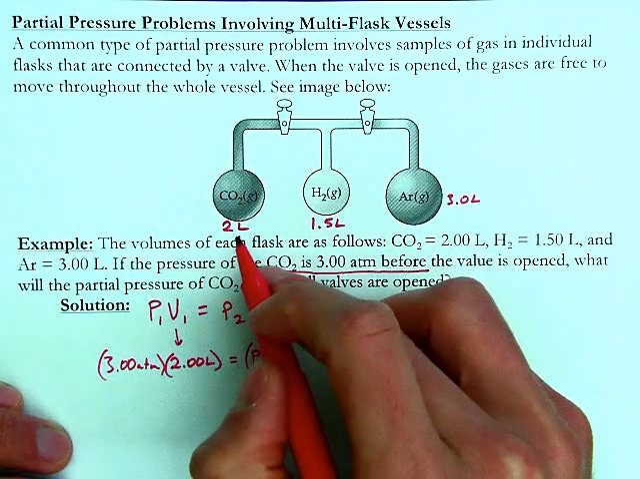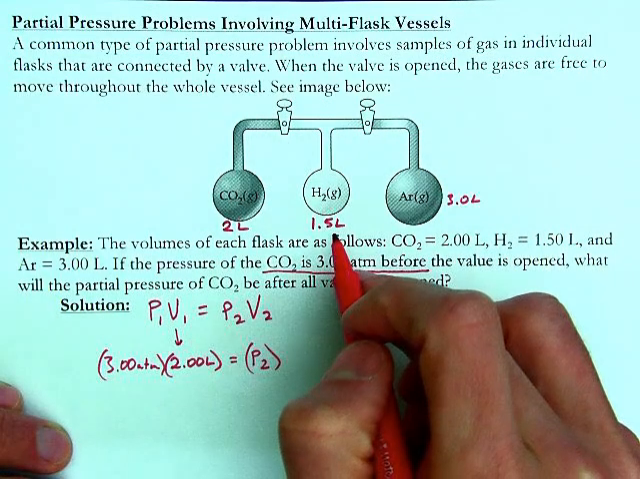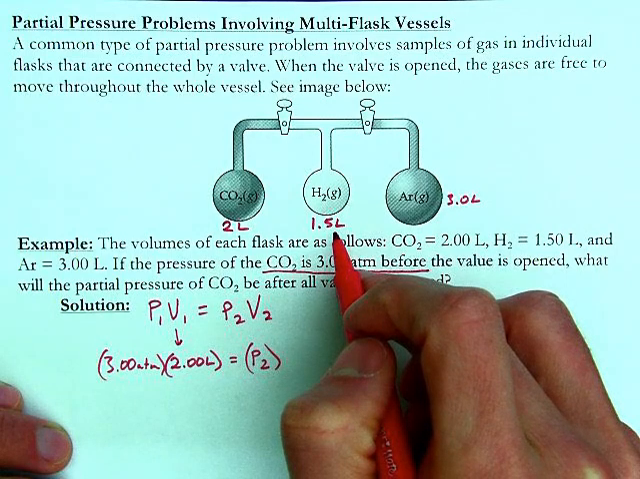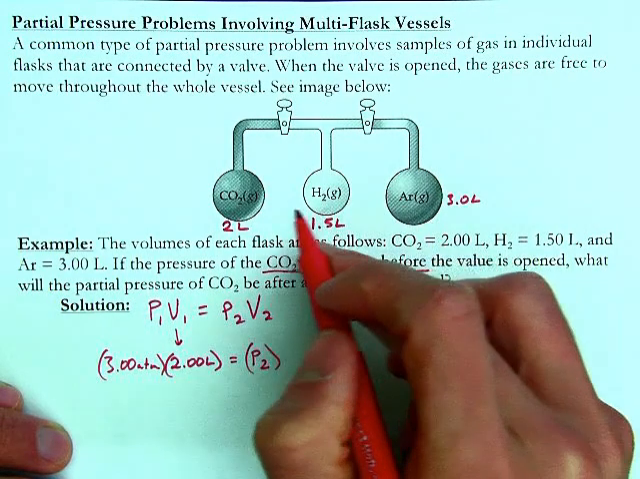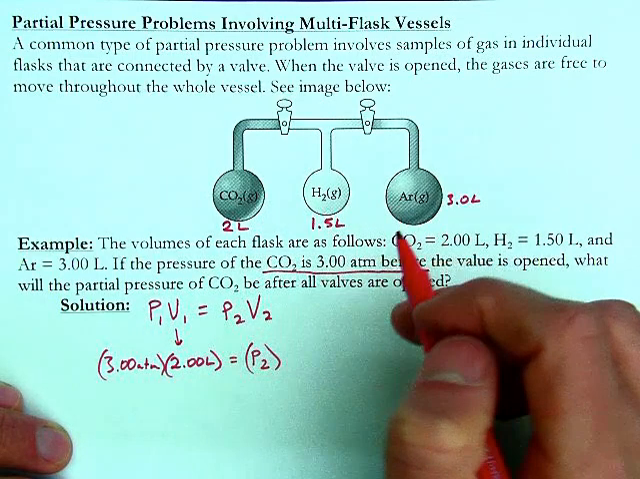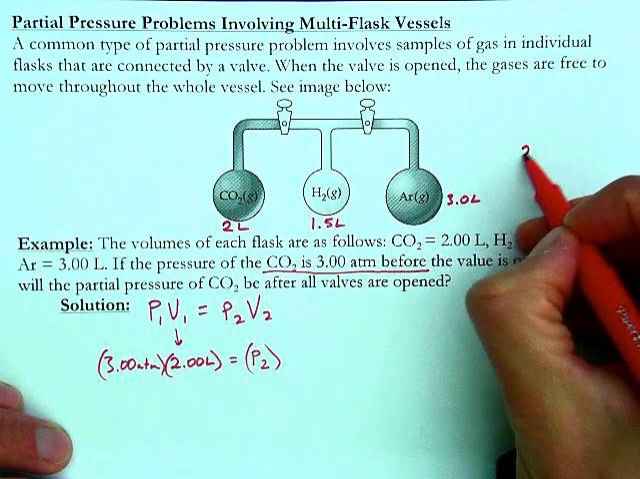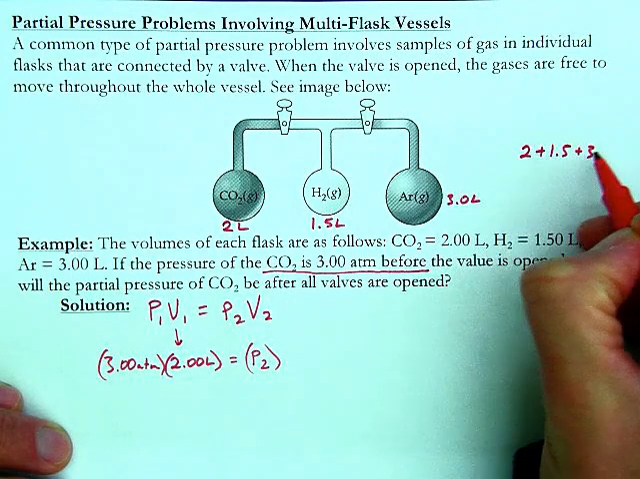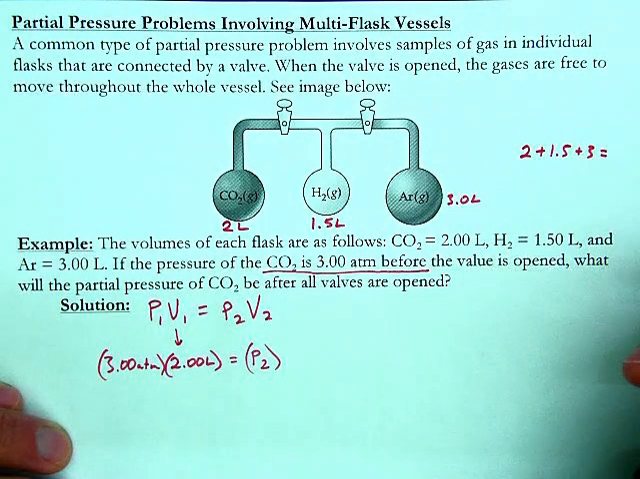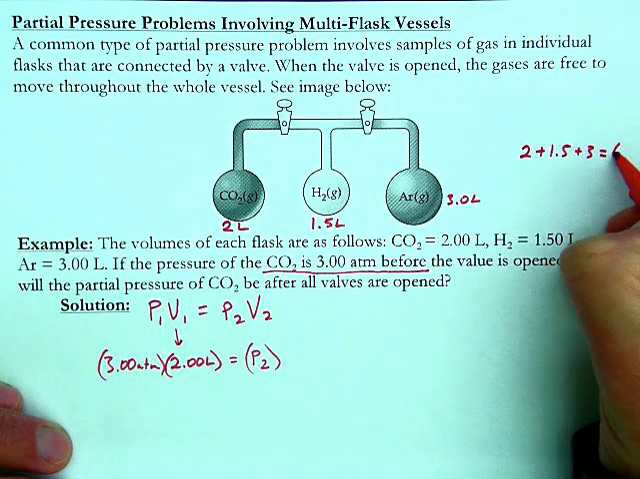So this is 2 liters. This is 1.5 liters. So if you add those together, you get 3.5. And this is 3. So if you add this all together, the total volume, right? 2 plus 1.5 plus 3. If you add those all up, the total volume is 6.5